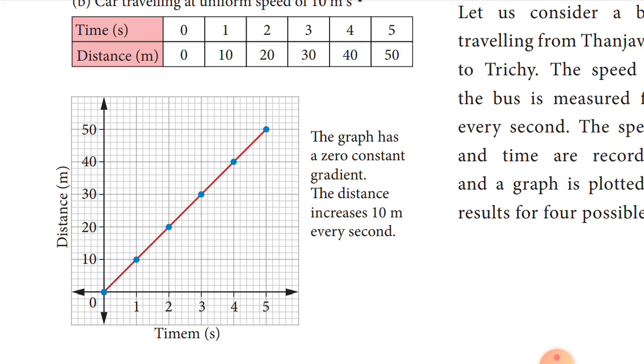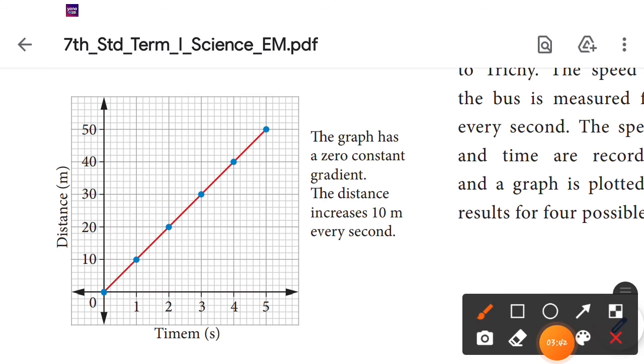You take a graph sheet, children. Time is taken on the x-axis and distance on the y-axis. Is this clear to you? See the point here: 0, 0 is here. Then time 1 and distance 10, you have to plot here; 2, 20 means distance 20 here; 3, 30; 4, 40; and 5 for time and 50 for distance. So you take a scale and draw a straight line, children. Is this clear to you, children?